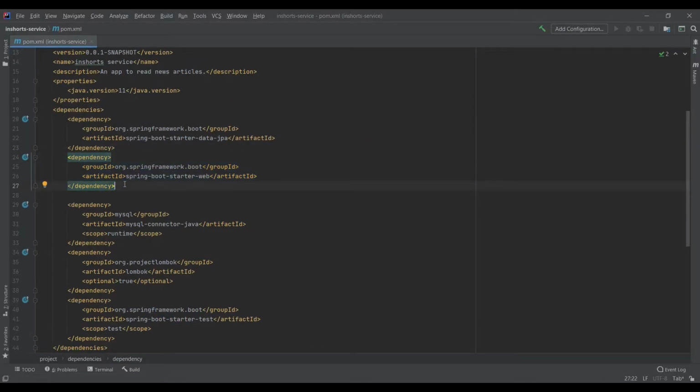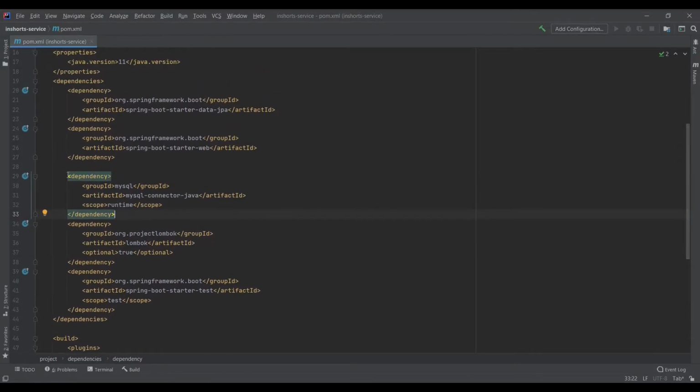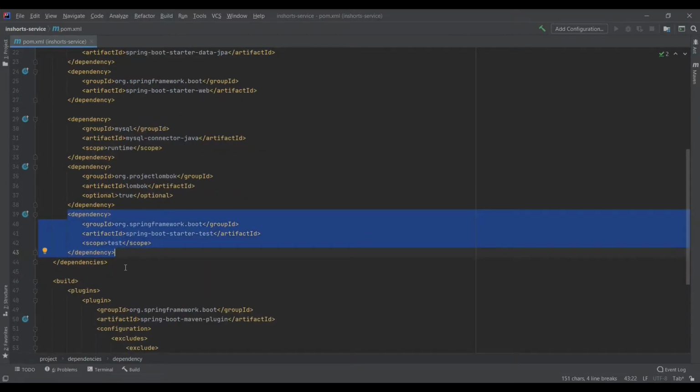Spring Web dependency is one of the most important dependencies. It helps us define our REST endpoints, which we call RESTful Web Services. Then we have MySQL dependency because we'll be using MySQL as a database. If you're using PostgreSQL or some other database like H2, you can use that dependency. Finally, we have Lombok dependency. This is used for reducing our boilerplate code, such as getters, setters, constructors, and many other things. Finally, we have test dependencies, which are used for executing test cases, specifically JUnits.